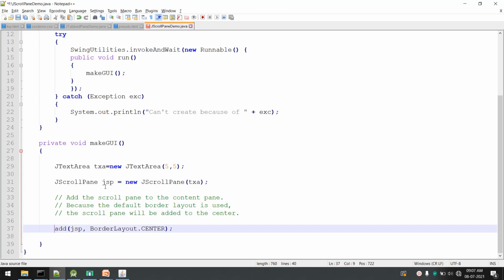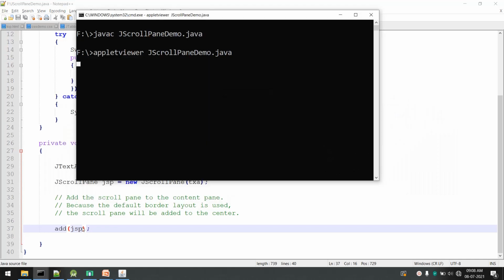Now after that, the last step is simply to add the JScrollPane on our applet window. For that, the same add method is used. Add jsp, that is an object of JScrollPane, and comma, we are passing BorderLayout.CENTER, that is where exactly the jsp needs to be added. It is at the center location of our applet that will take the complete space. Even without this, it will act in a similar way, because border layout by default takes the center location. Okay, so I'll save this and we will compile it again, and let us execute it.